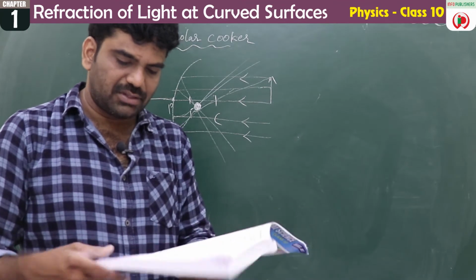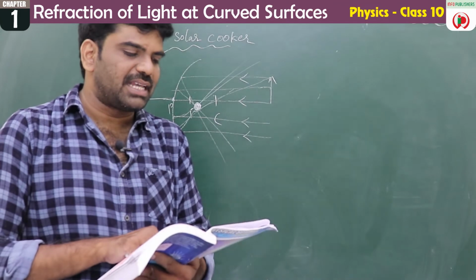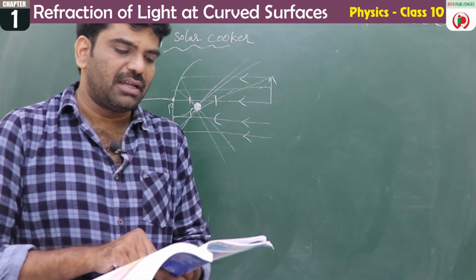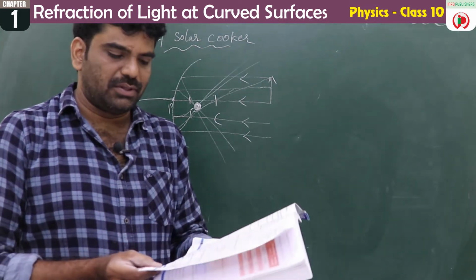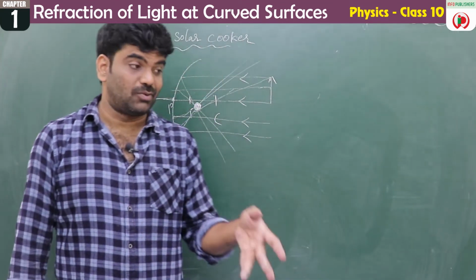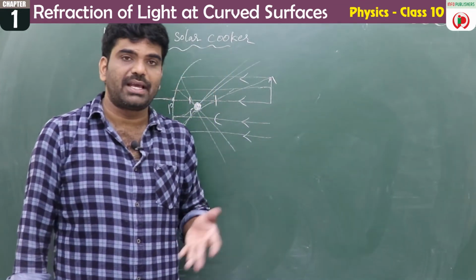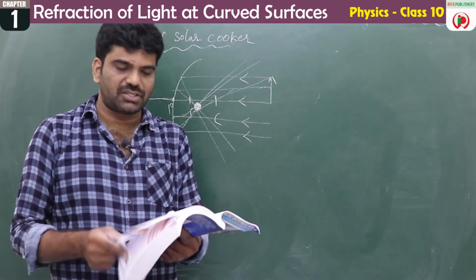Try it with the convex mirror also. What do you observe? Right. In the same way, we can use a big concave mirror to heat up a vessel. This is what is called a solar cooker. Solar heaters are there, solar watches are there, and now it is the solar cooker. This is how we can heat up big vessels also.